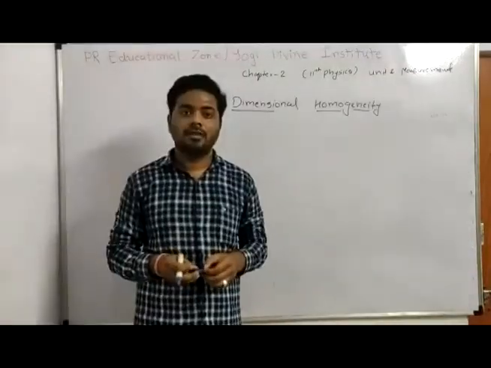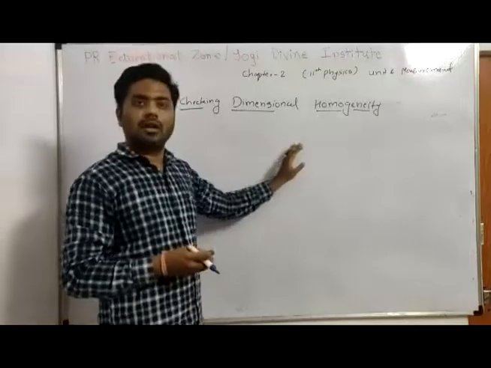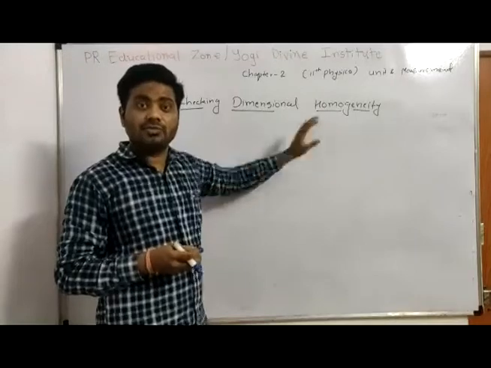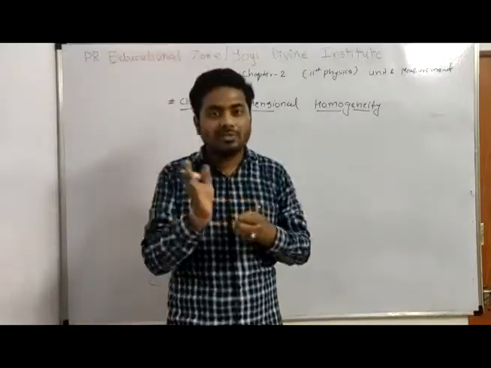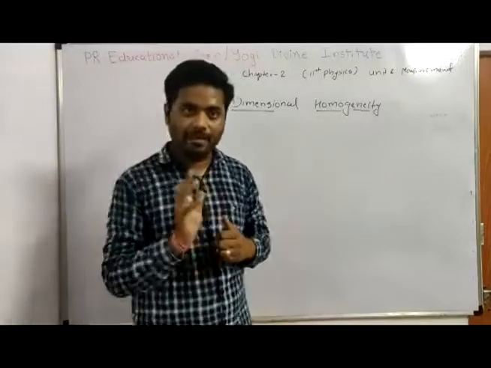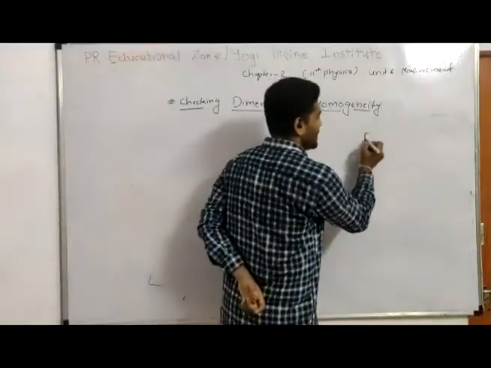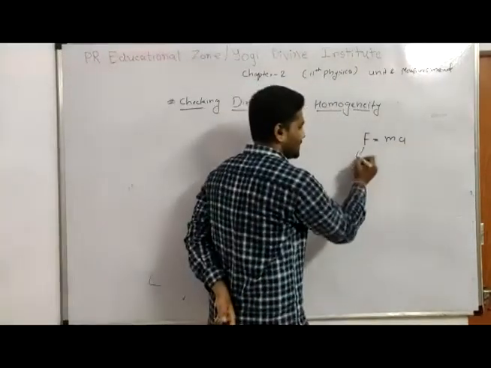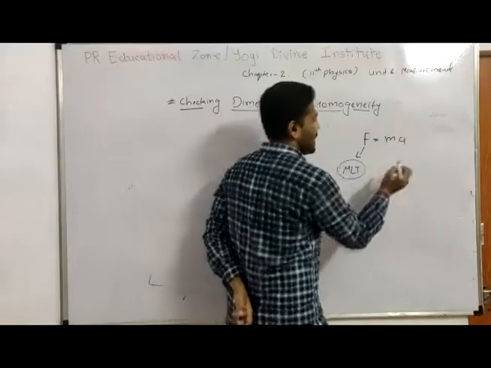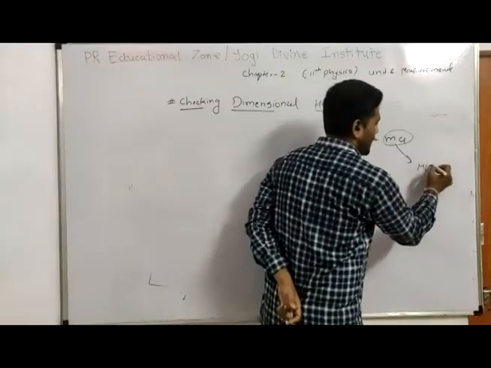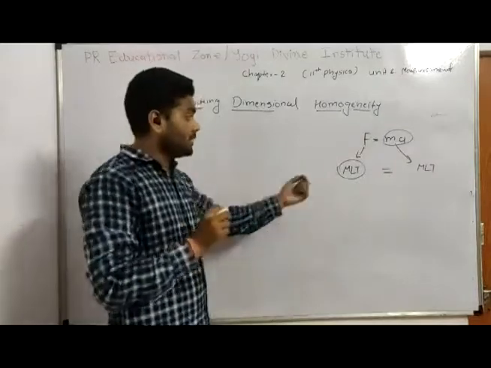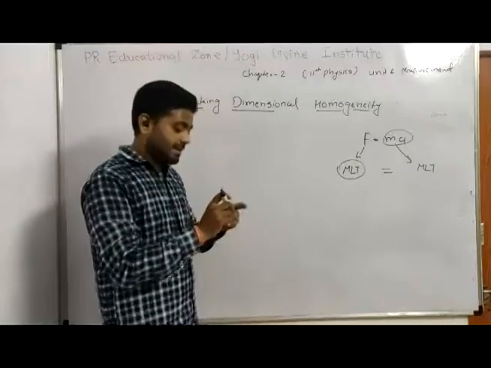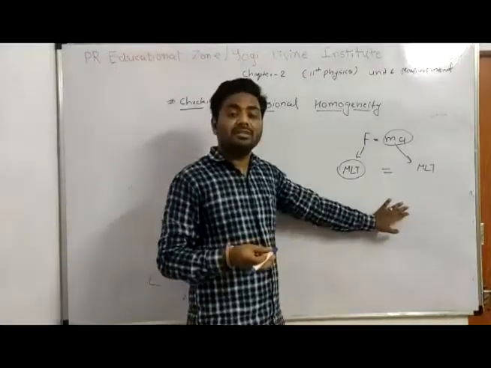Okay. So in this topic we are going to learn about dimensional homogeneity. Dimensional homogeneity refers to checking whether the dimensions on both sides of a formula are right or not. For example, the formula for force is given by m into a. The MLT formula for force and the MLT formula for both quantities must be equal. If the right hand side MLT formula and the left hand side formula are not equal, we say that the equation is not dimensionally consistent.